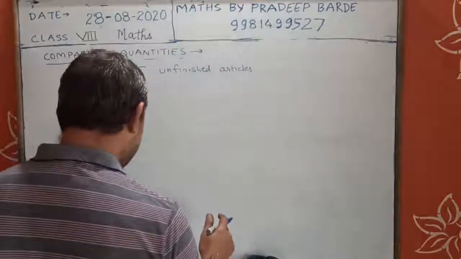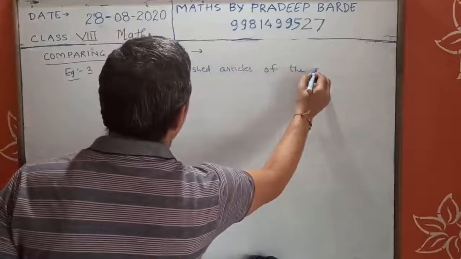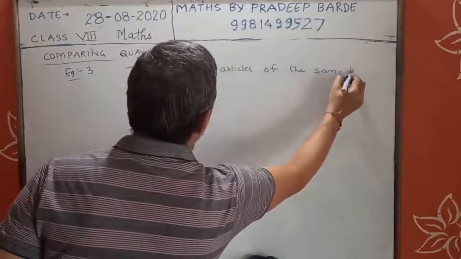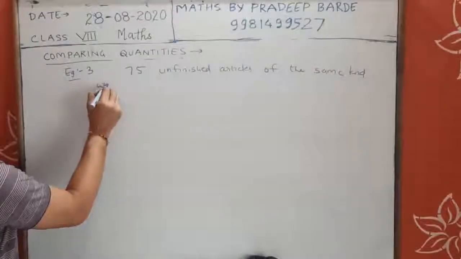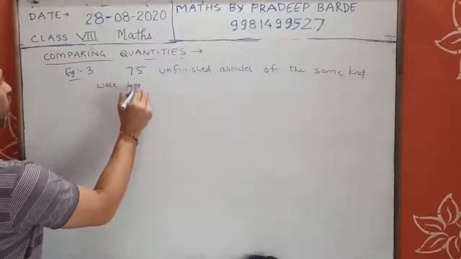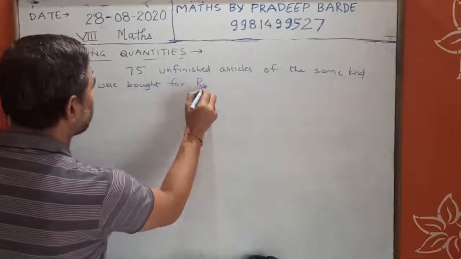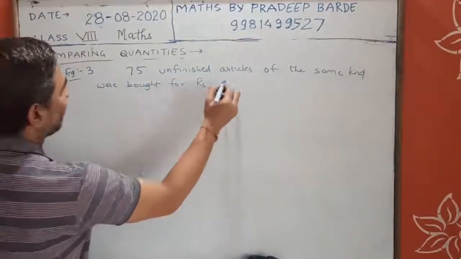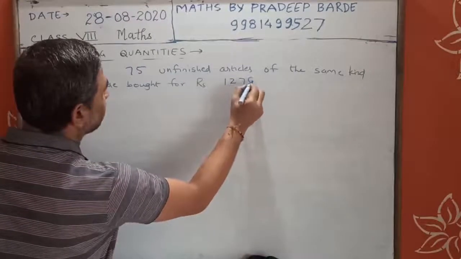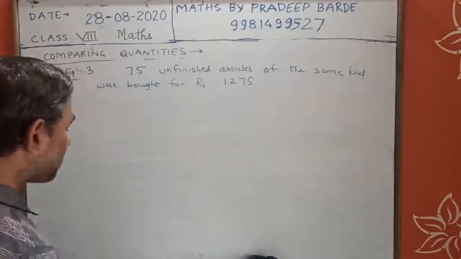Articles of the same kind were bought for rupees 1275 and rupees 3 per article,